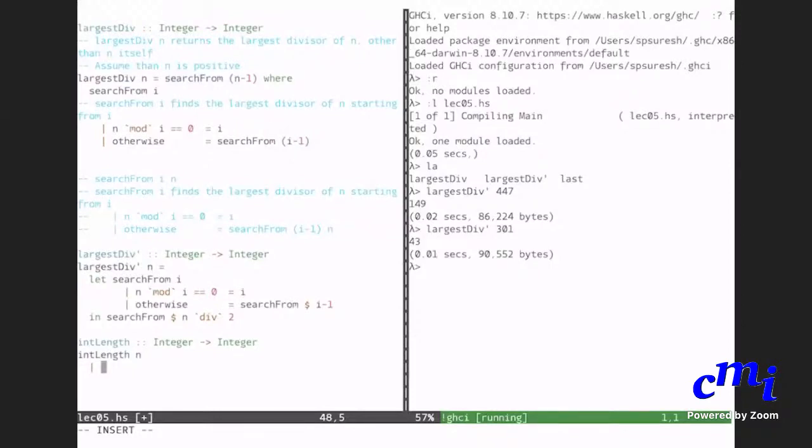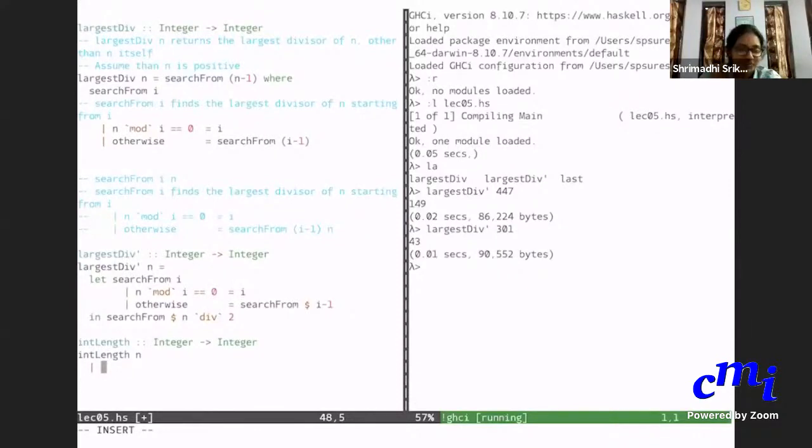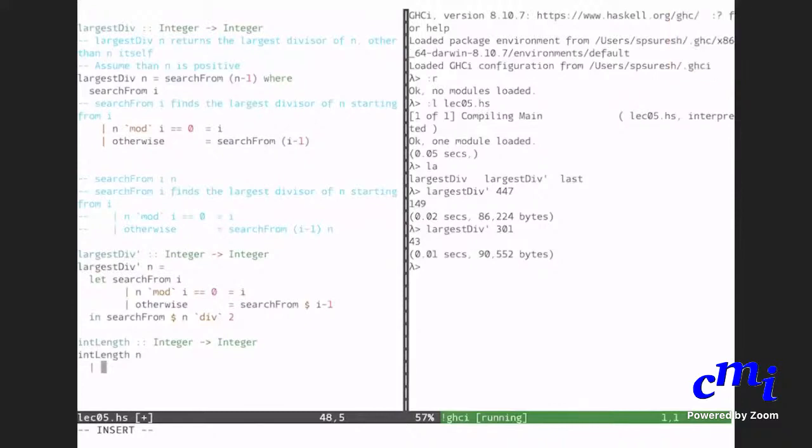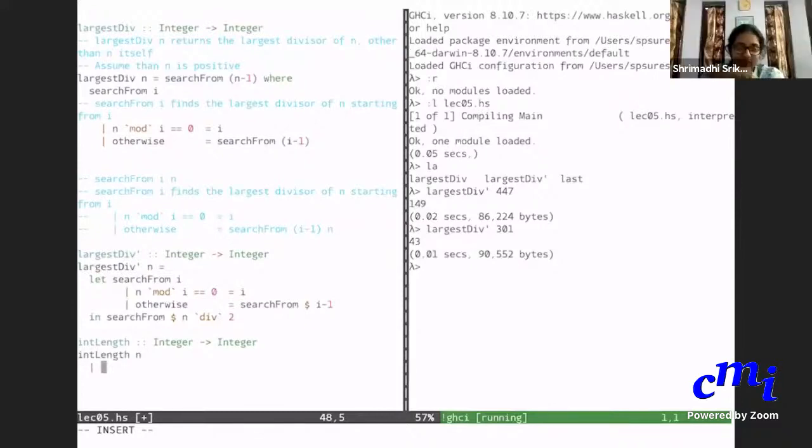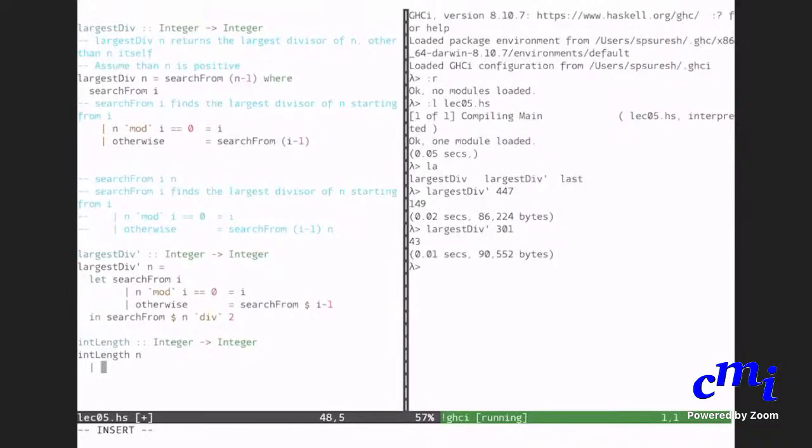Assuming it is positive. I was thinking, I don't know if this is a proper way, but take a number and subtract 1 from it. If it's still greater than 0, subtract 10 from it and keep doing that for powers of 10. For example, with the number 12, subtract 1, it's still greater than 0. Subtract 10, it's still greater than 0. But if you subtract 100 from it, it's less than 0. So you stop at 10. Okay, good. So that is one logic, but we'll use another logic.